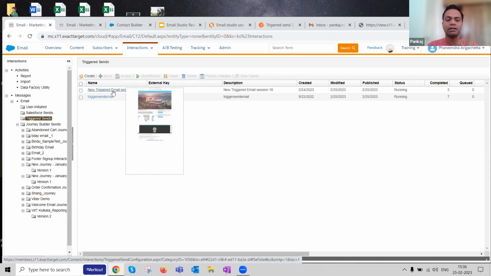Then I initiate that trigger from Postman, or from Magento in the real-life case, and it triggers this definition and uses the content set as part of this triggered send definition. With the help of this external key mapping, it sends that email to the details I had sent. In our case, it was my email address and my details, and all the order details will come as part of the API and eventually be sent across in the content as an email to the customer. So that's the end-to-end scenario with the help of Email Studio for this particular use case.